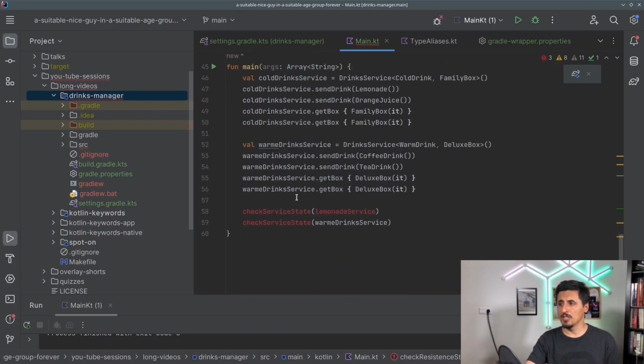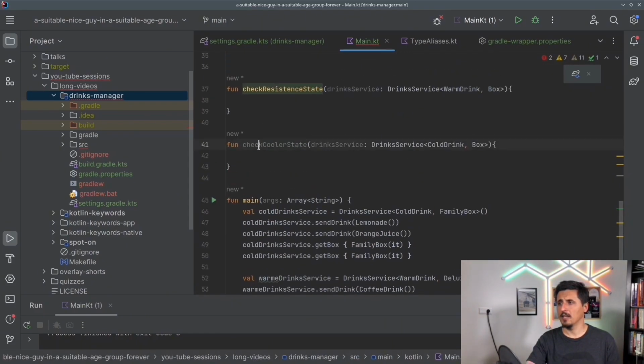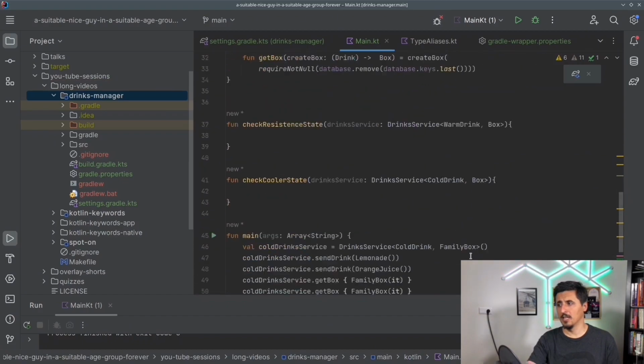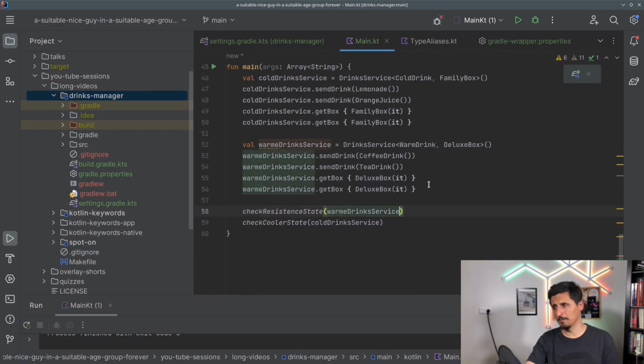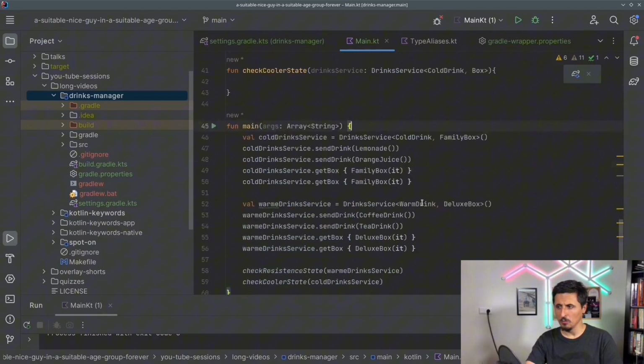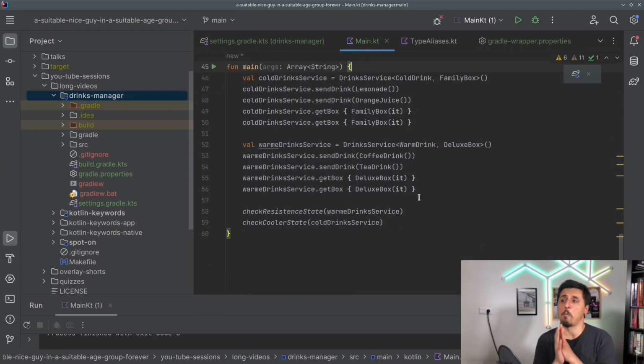Right. Now we check the resistance state and we check the cooler state. We check the cold drink service here and we check the resistance state in the warm drink service. Right off the bat, they work. But we're still not seeing the potential of the in keyword. Because now, to manage these services,